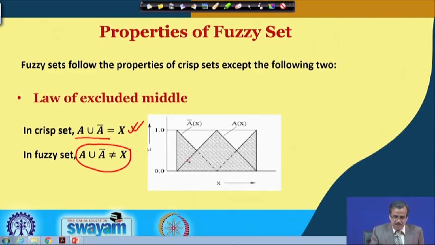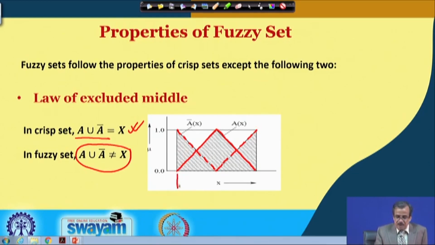Now, let us try to explain. Supposing that this triangle represents the fuzzy set A(x). If this is A(x), we have already discussed how to find its complement. Supposing that this dotted line denotes its complement, as I have already discussed. Now, if you want to find the union, what you will have to do